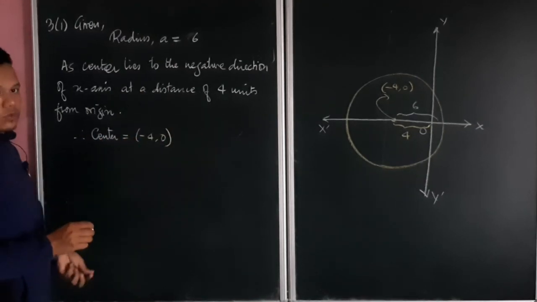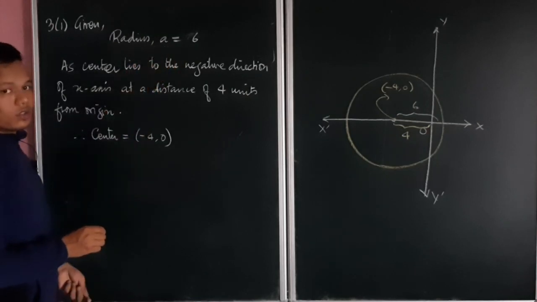Okay, so my center turns out to be -4 comma 0, and my radius is 6. So therefore